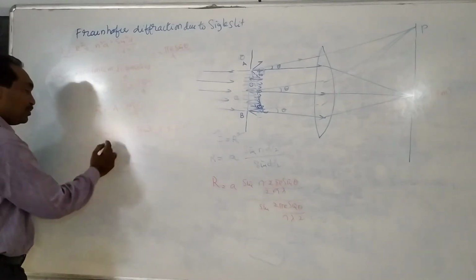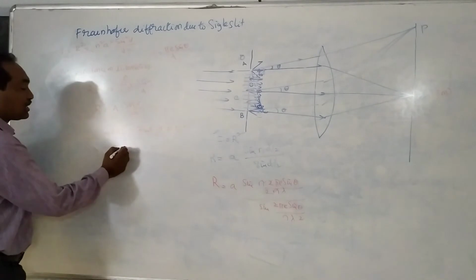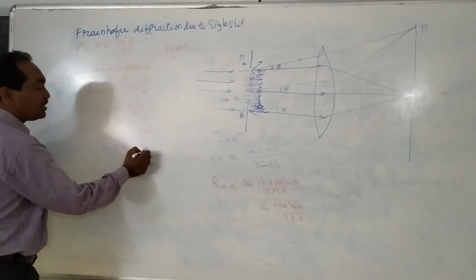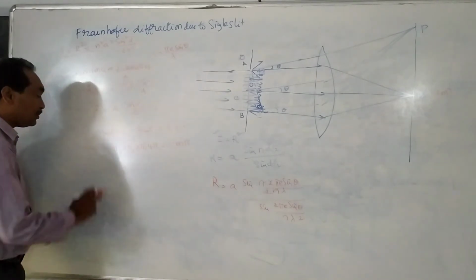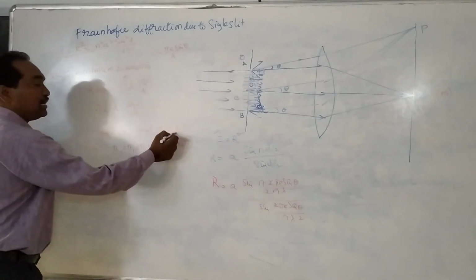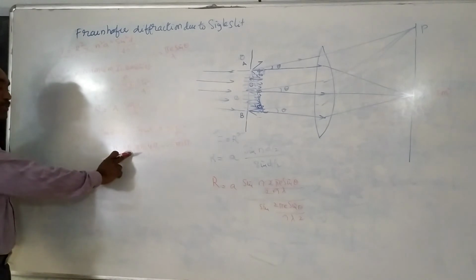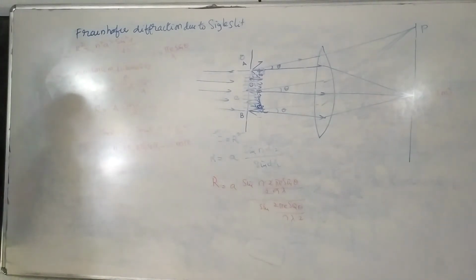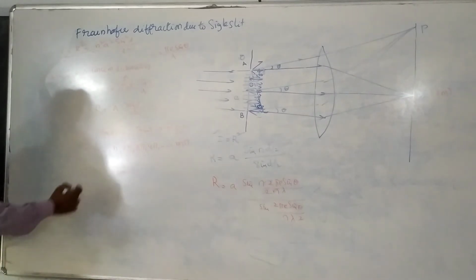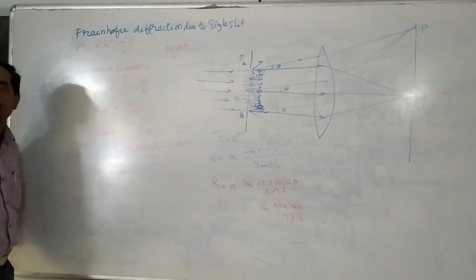Actually, sin 0 is equal to 0. Sin pi, sin 180 degrees is equal to 0. Sin 2 pi, sin 3 pi, sin 4 pi, and so on, sin m pi. But we know alpha equal to 0 is the condition for the principal maximum, so that will be removed. Now, alpha equal to pi, 2 pi, 3 pi, 4 pi, and so on, m pi is the condition for the minimum intensities. That is alpha is equal to m pi. Of course, it may be taken as plus or minus m pi.